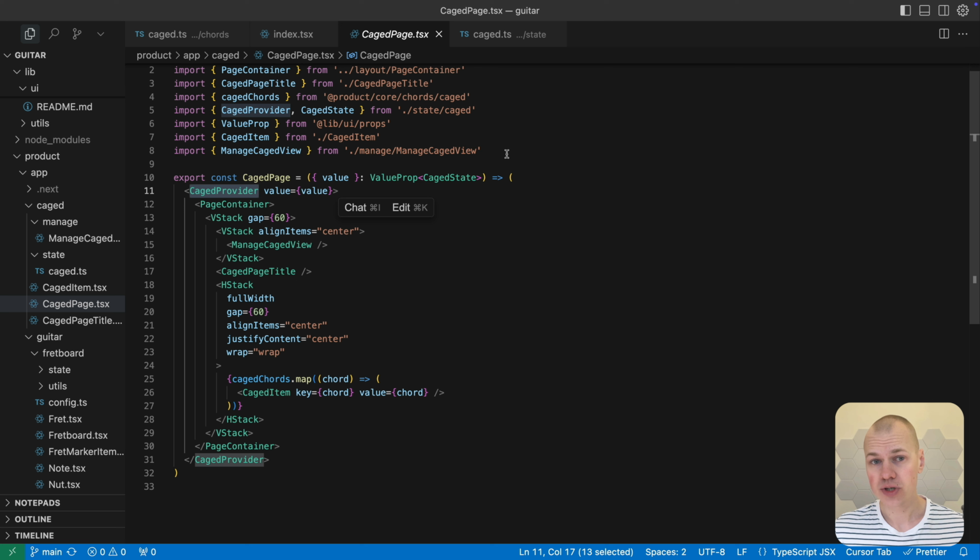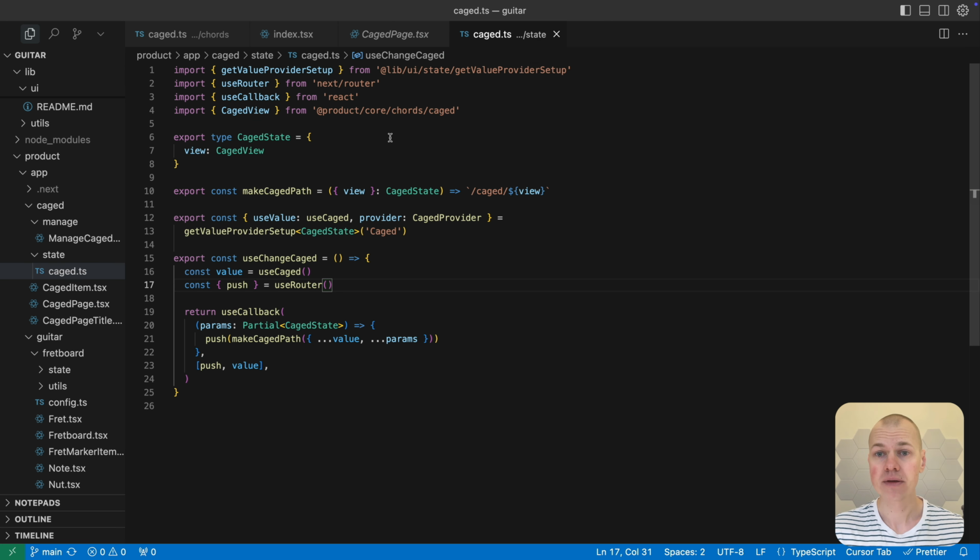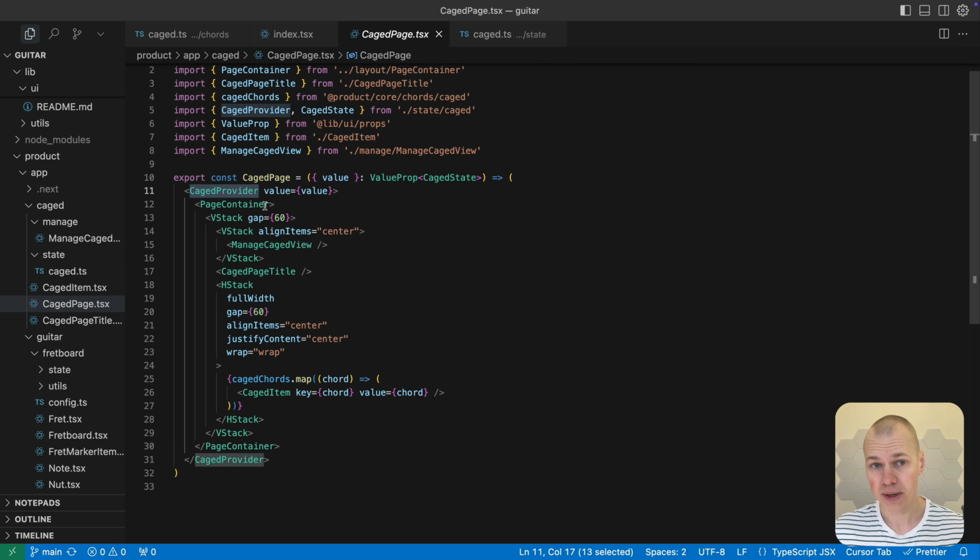Additionally, we'll create two utilities. makeCagedPath generates a URL path based on state, while useChangeCaged provides a convenient hook for navigating between views by updating the URL. Our page structure uses a CagedProvider to wrap the entire CAGED page, creating a shared context for view